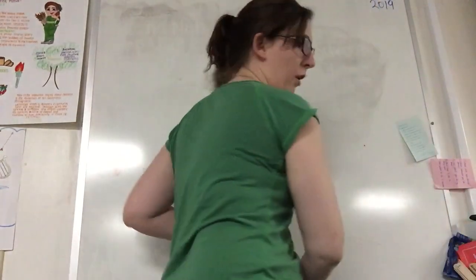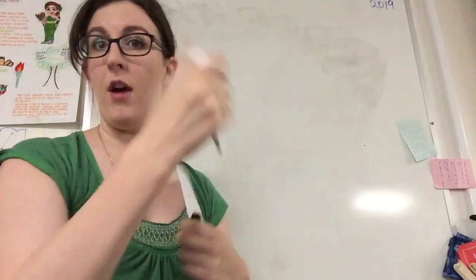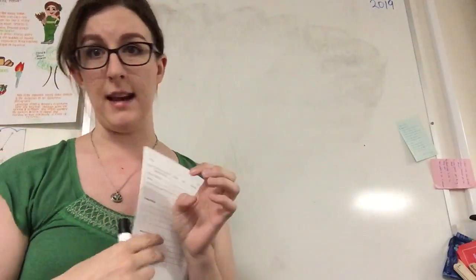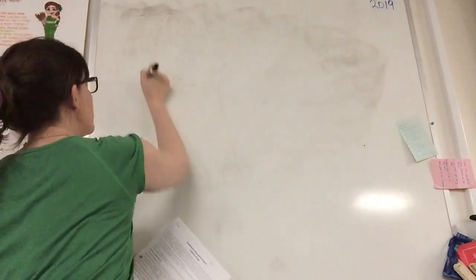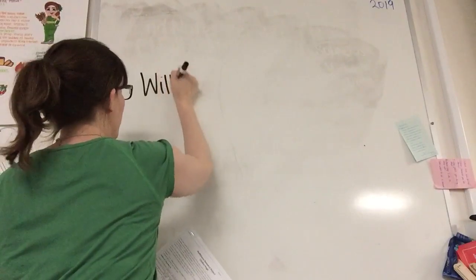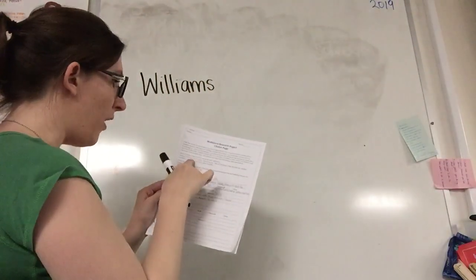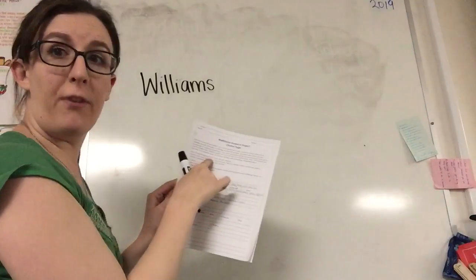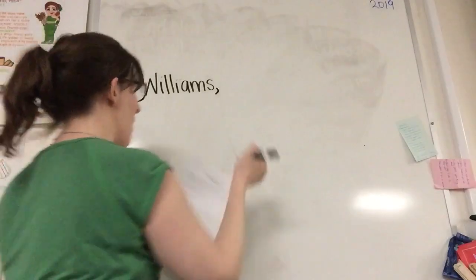Okay, so if we look at this format, MLA citation format, we know the first thing that comes is the author's last name. The author of the news article that I found on CNN.com, his last name is Williams, so I'm going to put Williams, followed by a comma, and then first name, period. So his name is Williams, comma, David,